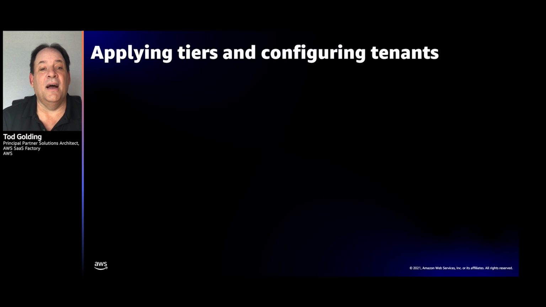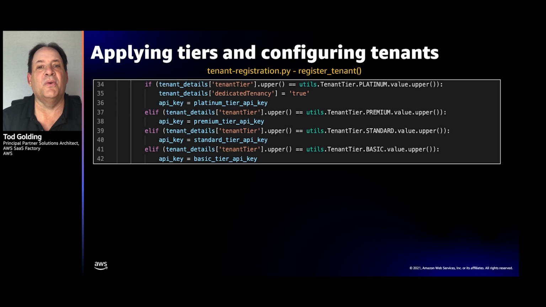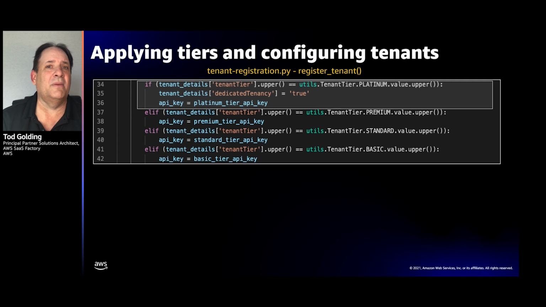Now, if you look at how we actually do this in the code and how we apply this and where tiering shows up inside the code, I did want to grab a couple of snippets of code just to show you bits here. So this is the register tenant bit, and you'll see here when we're registering a tenant, we look at the different tiers, and in this case, we're assigning a different API key, right? So it could have been any sort of attribute. I just want to show you that, hey, as we're in the code, we're actually doing these tier-based activities during the creation of a tenant, and you'll see how we use these API keys later.